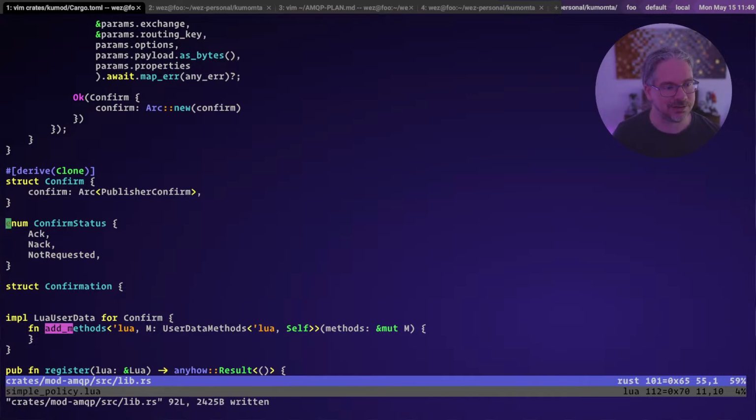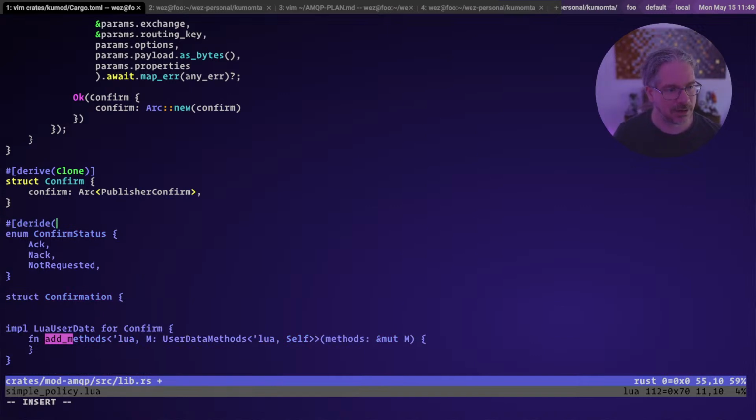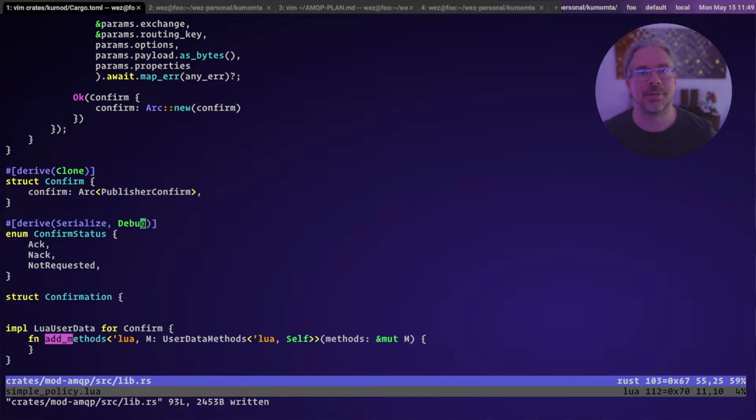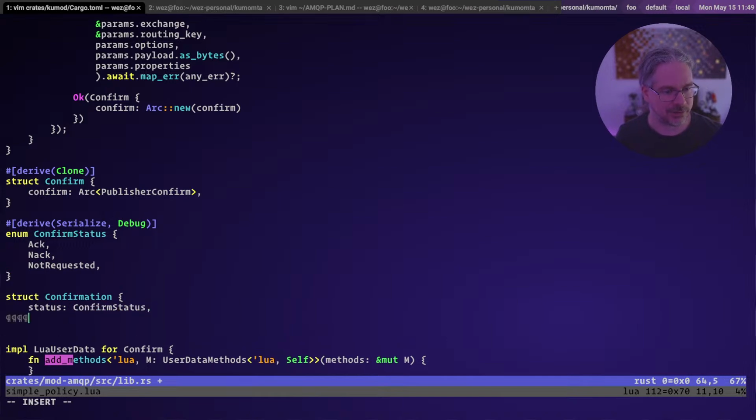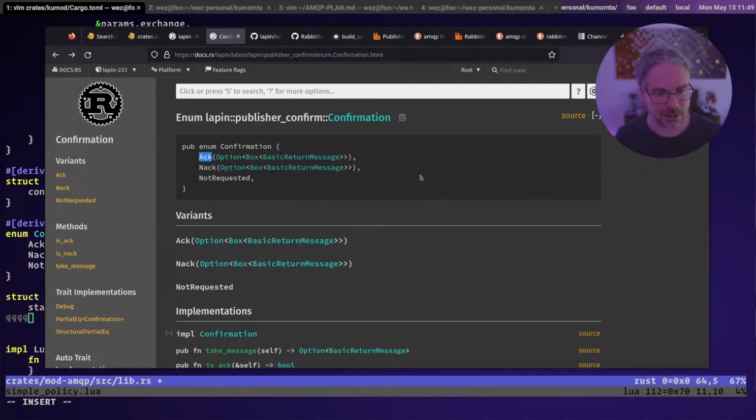It's just these names, and you can derive serialize for this. That way when we map it back into Lua, it will just generate the string version of these guys. So we'll do status, confirm status, and then